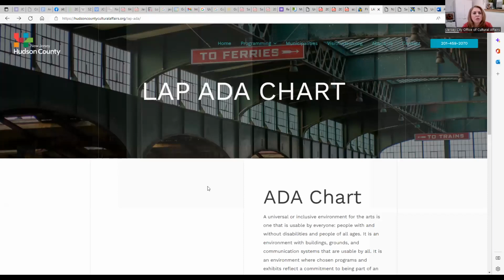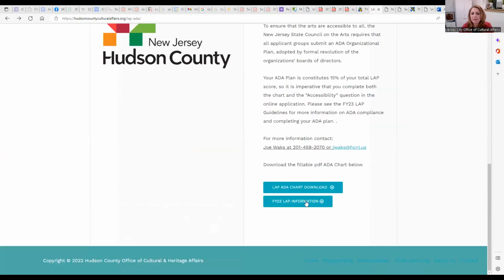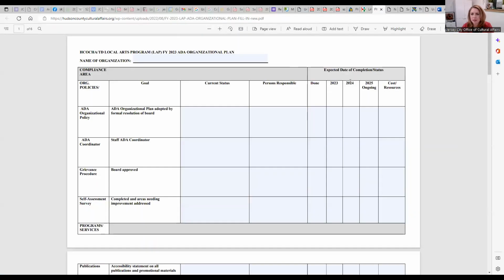Okay, so if you go to the Hudson County Cultural Affairs LAP-ADA, that's for the LAP grant ADA, you'll see that they have a LAP chart, ADA chart, and this is what I was talking about. You can see here are your 3 years that you would be planning out